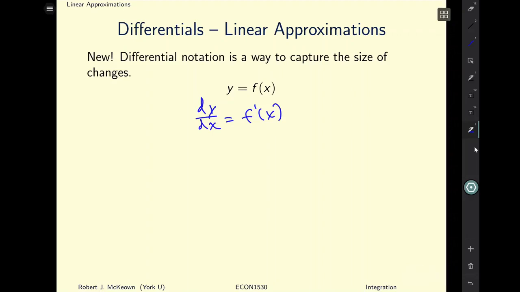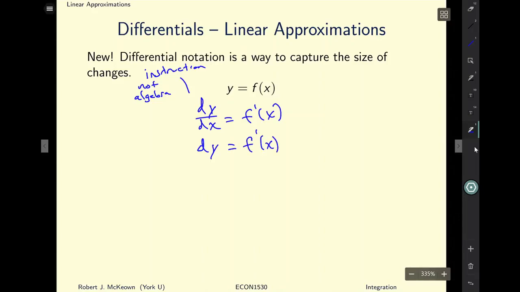Now, generally speaking, this is an instruction, not algebra. It's not literally dy divided by dx. But if I rewrite this expression as dy is equal to f prime of x dx,